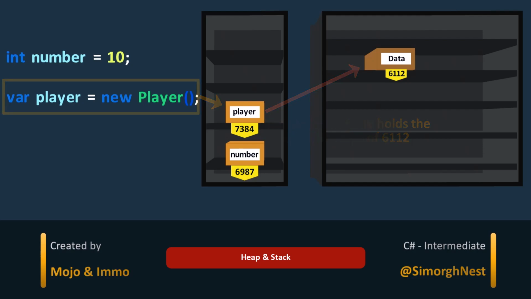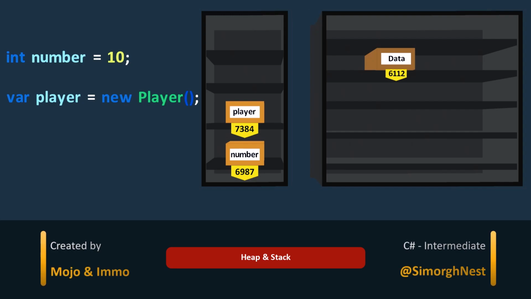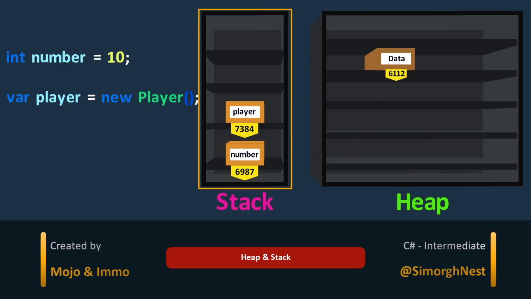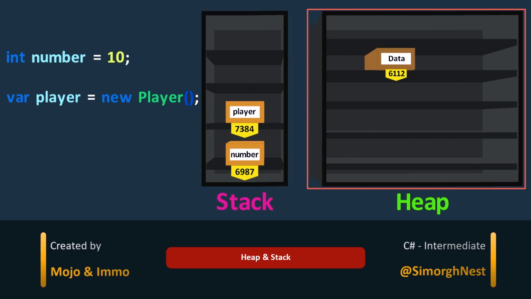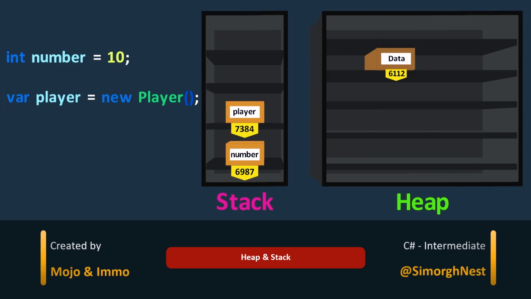So far we've given you this information about memory, but we haven't explained why memory is divided into different parts and what they actually mean. In C#, we have two important parts of memory, the stack and the heap. The stack is where variables are placed. It's like a storage area for variables. On the other hand, the heap is where objects are placed. When we create objects, they are stored in the heap. In this lecture, we'll explain these two parts of memory and how they relate to methods.